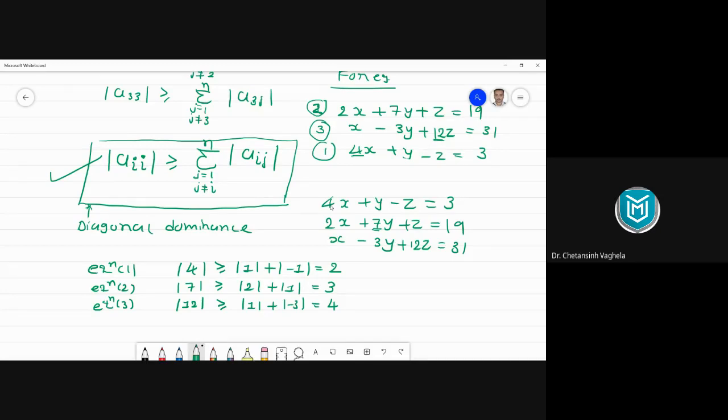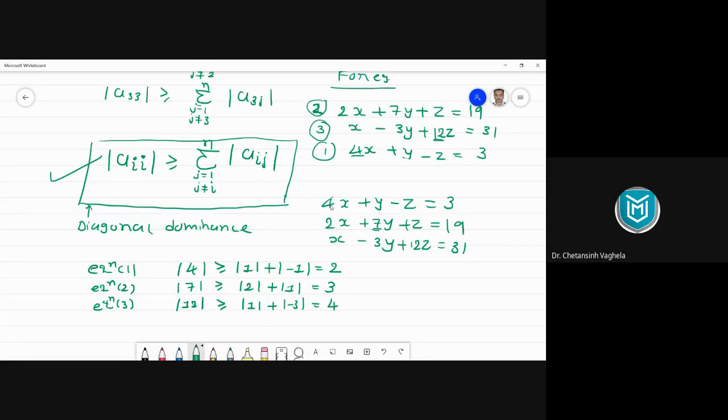Whenever a system is given to you, for that system, you need to check this condition. If it is satisfied, then you go for Gauss-Jacobi and Gauss-Seidel. Otherwise, try to rearrange your equations first. Right? Try to check whether it is diagonally dominant or not. Even after rearranging, if it is not possible, then we cannot apply Gauss-Jacobi or Gauss-Seidel. Then we should look for any other method for solving that system. For Gauss-Jacobi and Gauss-Seidel, this condition is a must.